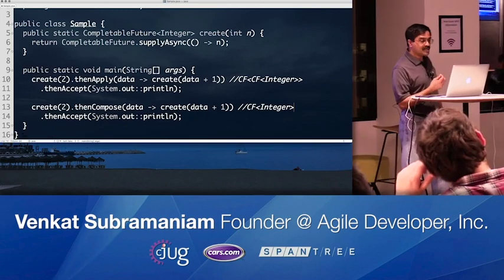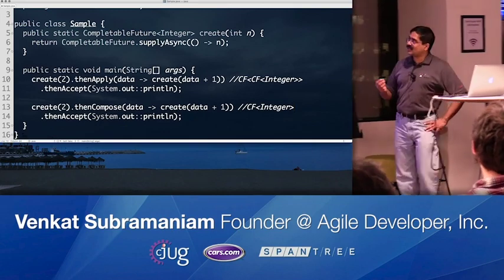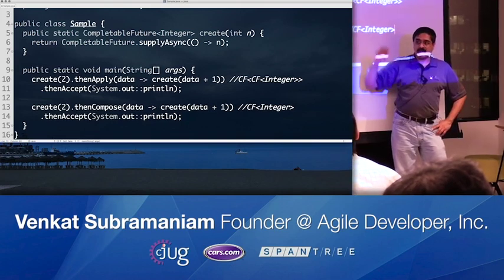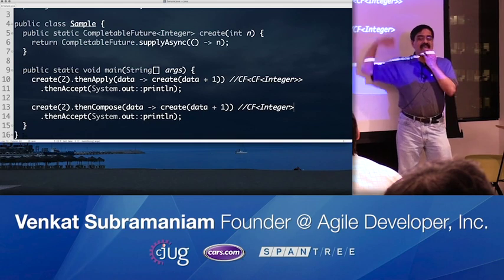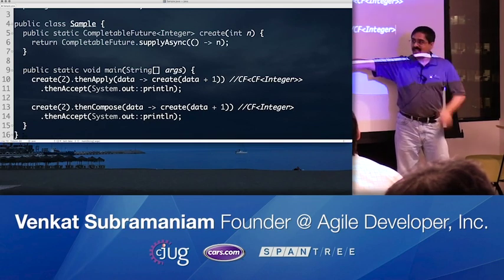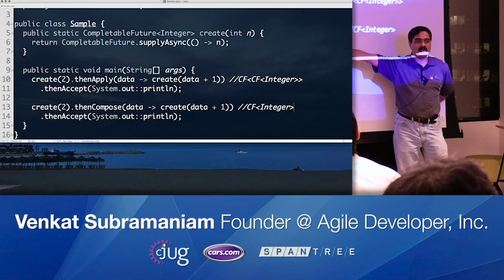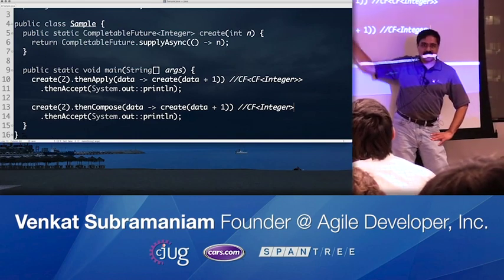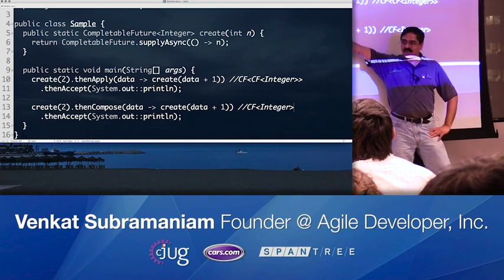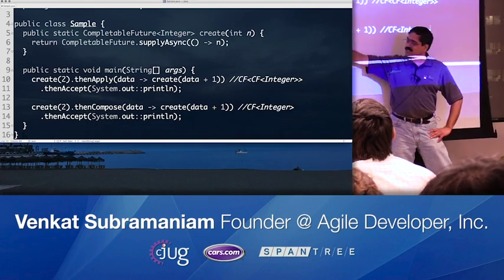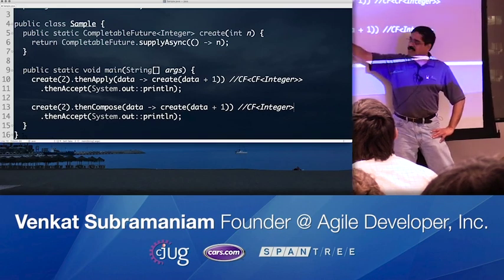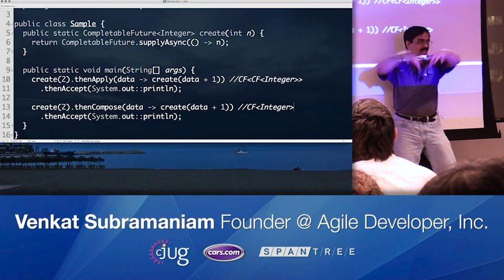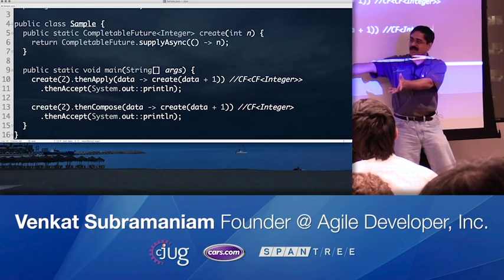So in other words, if your transformation method is returning a piece of data, use the thenApply, which is like your map. But if your transforming function returns yet another asynchronous function, a CompletableFuture, then use the compose. So this will then return to you that CompletableFuture rather than trying to return its own CompletableFuture. So in other words, this is just going to be a pass through. It says, well, gosh, you call this, I might as well return what this one returns to you rather than box it into another CompletableFuture and give you that external CompletableFuture.